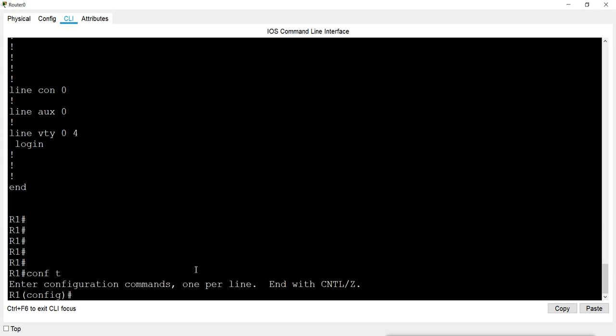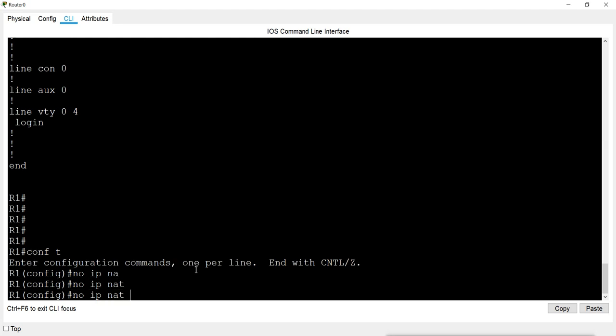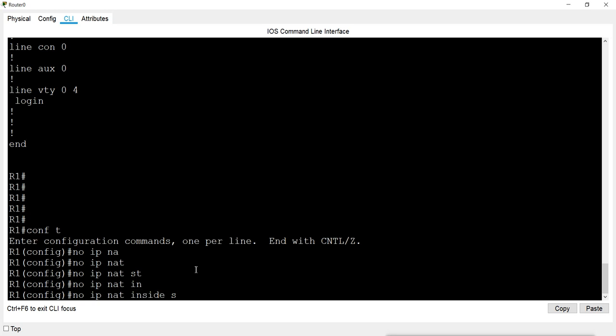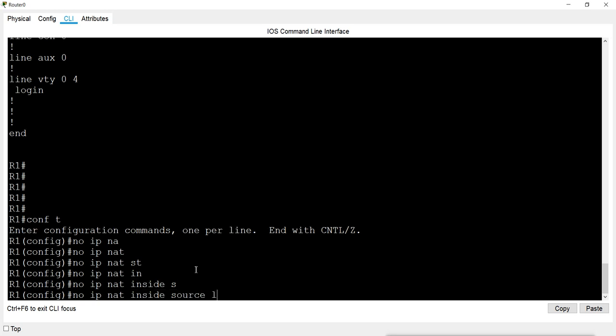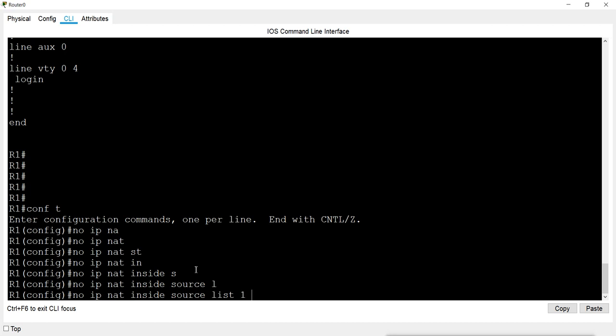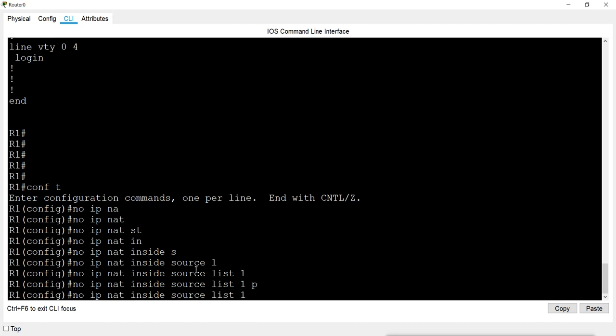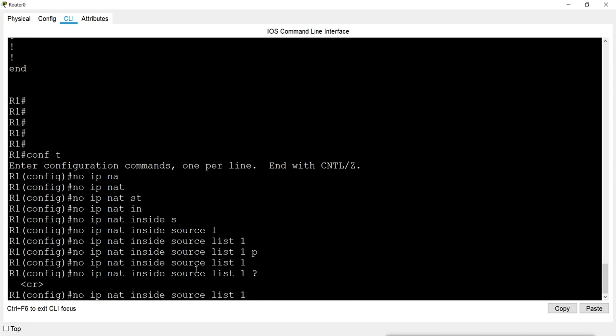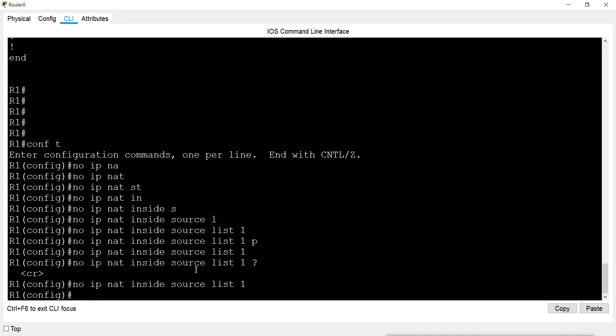We will remove the mapping: no ip nat inside source list 1 pool, and then just like this. You don't have to give any more commands here. That's it. You have removed the mapping.